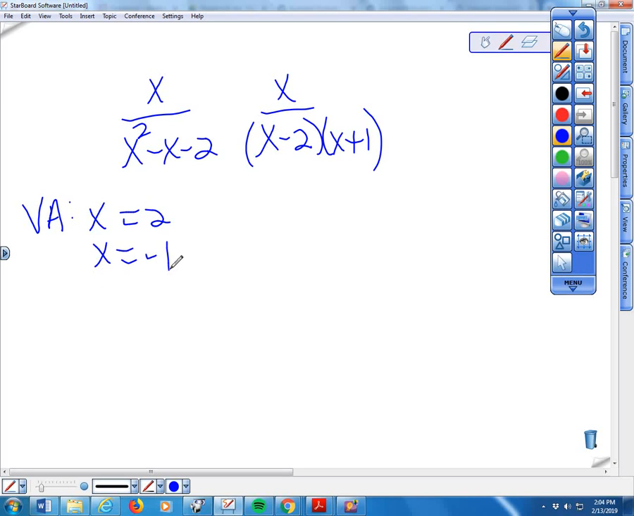Okay, what is the degree on top and the degree on bottom? 0. Yeah, the horizontal is going to be 0 because the degree on top is less than the degree on bottom. So the horizontal asymptote